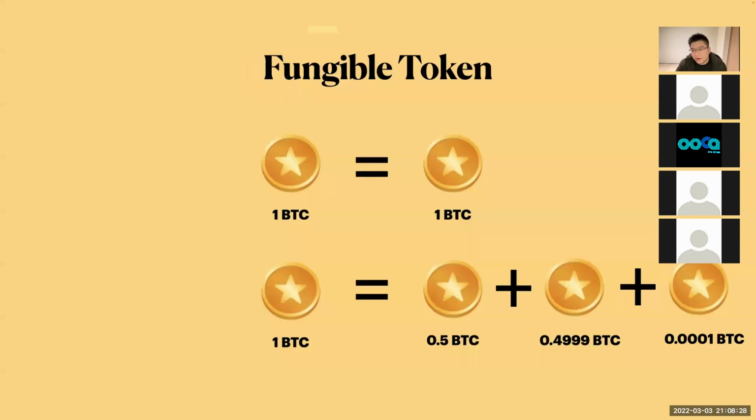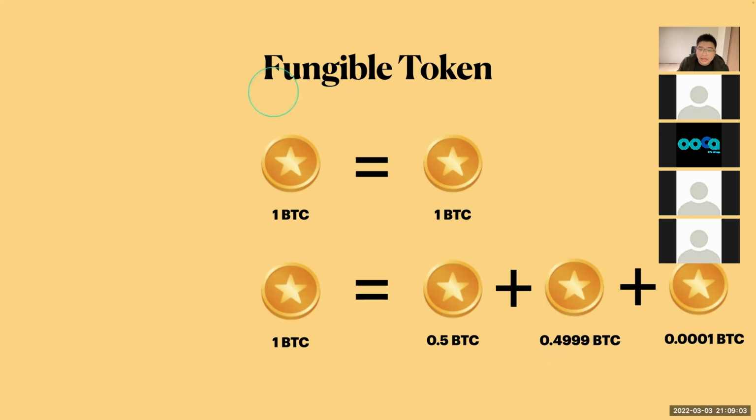So first, before talking about the NFT, I think everyone knows the token, right? The BTC, the Ethereum, the Solana, or something. It's called a fungible token. The token that you can exchange, you can transfer, and you can separate the coins. For example, if you have one BTC, it means that you have one BTC, and one BTC can be split into 0.5 BTC, 0.499 BTC. It's the same as money.